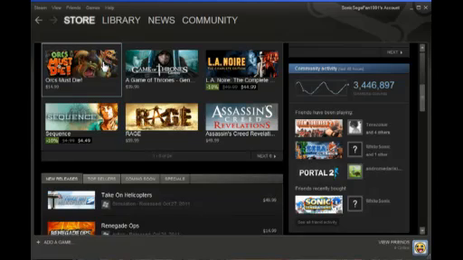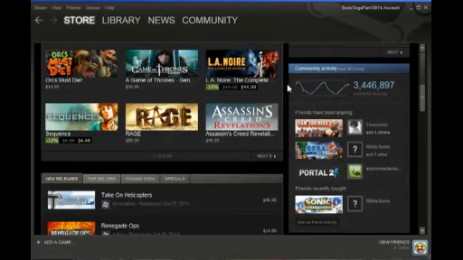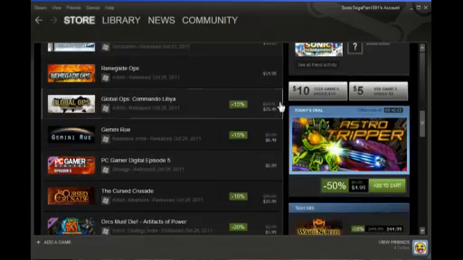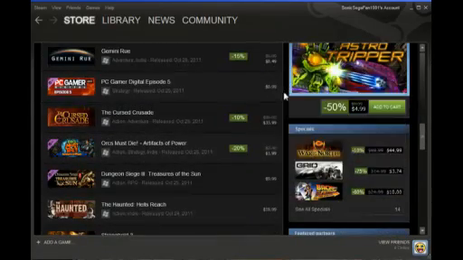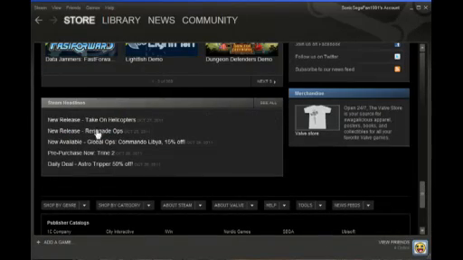Some games are more expensive than others. For example, Sonic Adventure DX was $9 and is $9. Assassin's Creed Revelations is $50. So it just varies. And of course, like I said, some are free to play. It just varies on the game. And like I said, in the Steam headlines, you can find out new releases, pre-order chances, games you can pre-order, daily deal sales, and